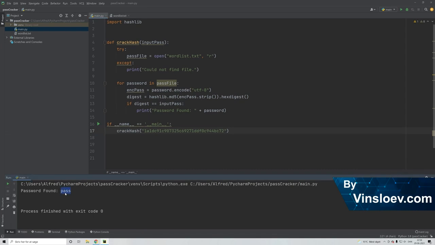So this particular string right here generates this hash value when using it on the MD5 algorithm. And that is basically how you can make a simple script that will use this dictionary attack approach to try to crack hash